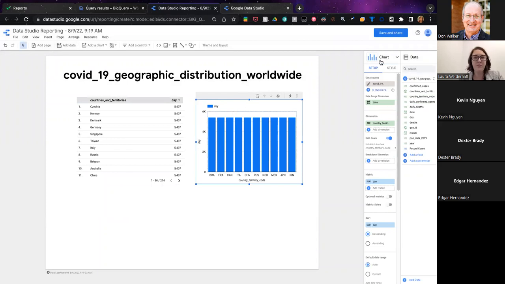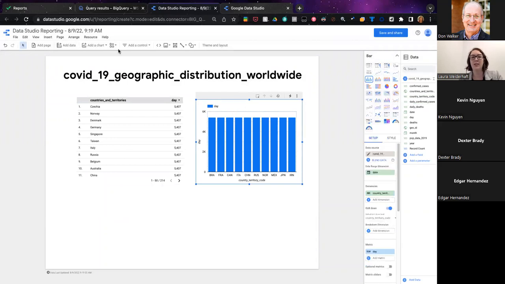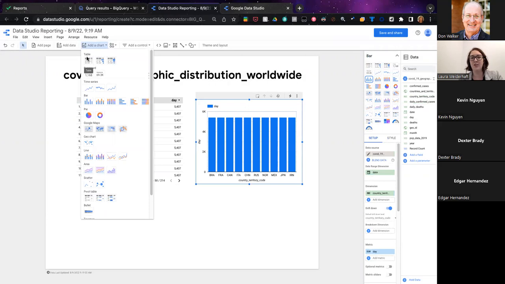So you have the ability to add any kinds of charts that you want. There's a couple of different places you can select from. So there's just basic tables if you need to do data exploration.